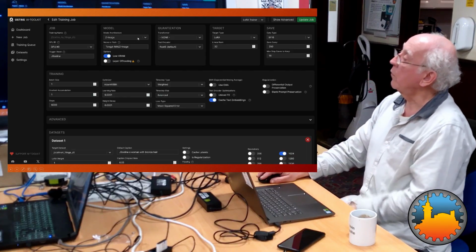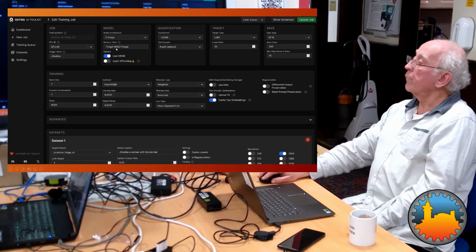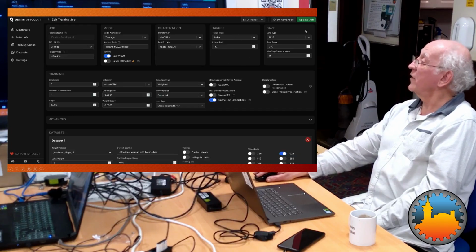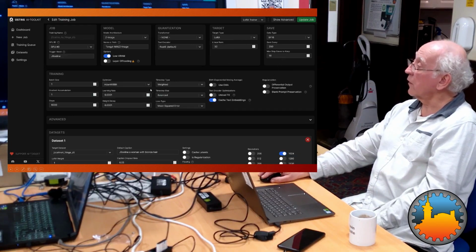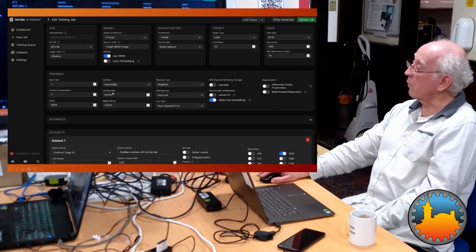You choose the model that you're going to create it for, and then say where to find the data, and you set up various parameters. These were all the recommendations I got for this particular model, for the Z image model,